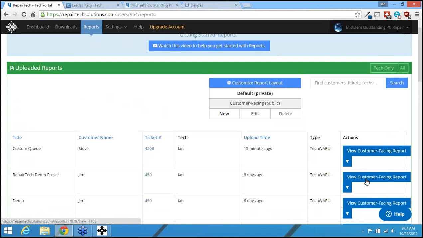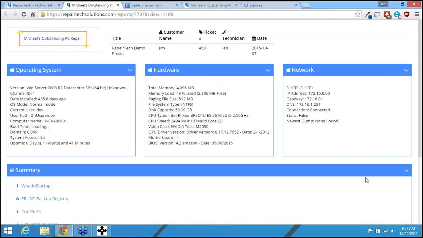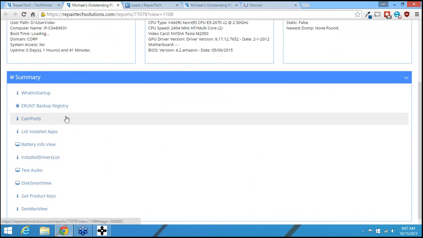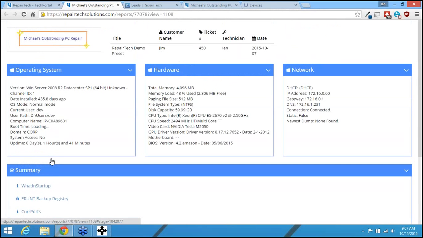So for example, this is the same report but with a customer facing layout. It removes some of these metrics, it removes the alerts down there, and then it just summarizes the tool names. So this is a little more customer friendly. You can show this to a customer and not feel like you're giving them too much information. What you asked us to do was make it so you could sync these new report layouts over